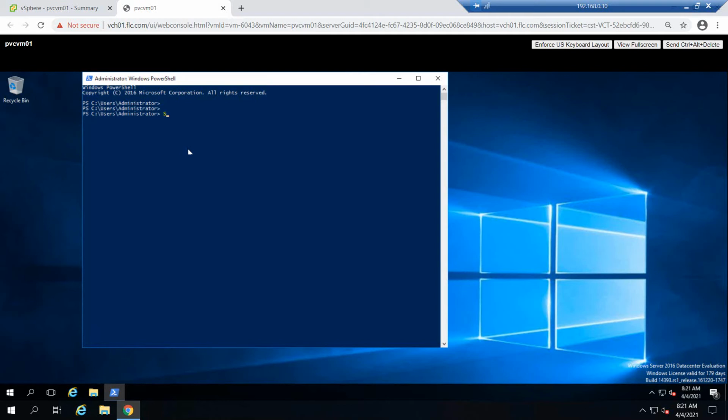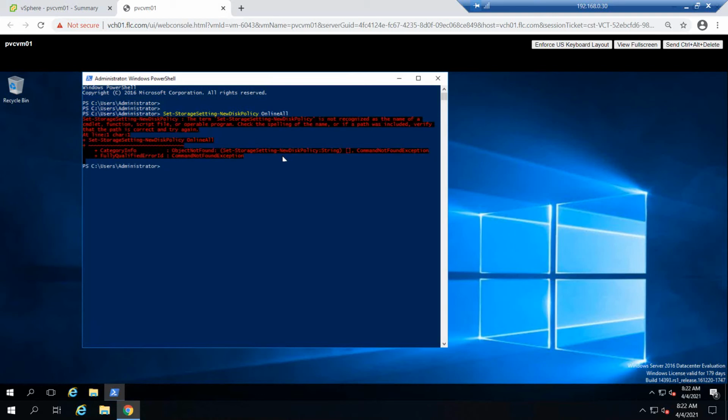Okay, so the command is Set-StorageSetting, NewDiskPolicy OnlineAll.